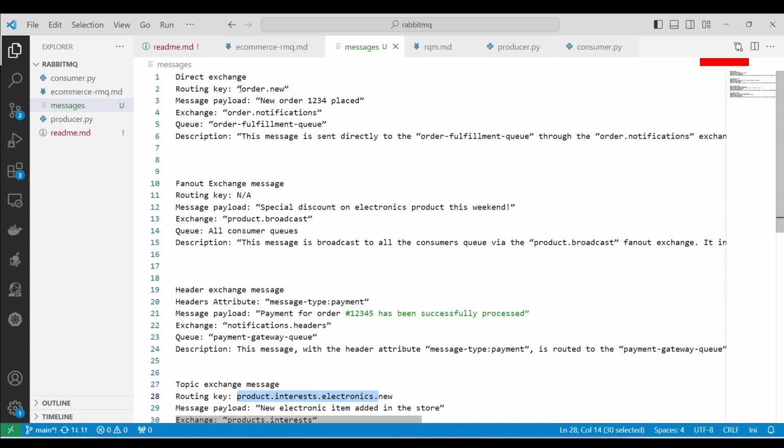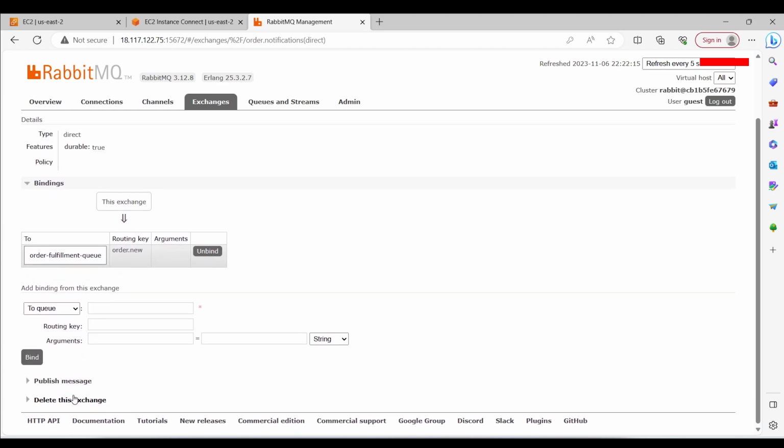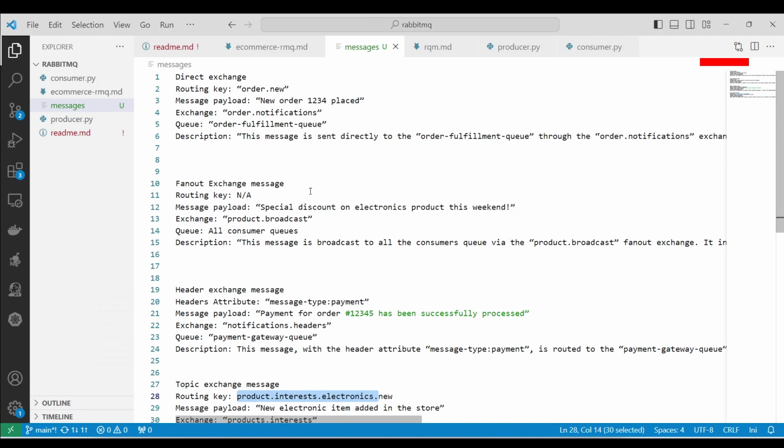So for routing exchange, let me first go to my direct exchange, that is order notification direct, and here we can see there is a publish message option. For publish message I need to add my routing key. So this will be my order.new,